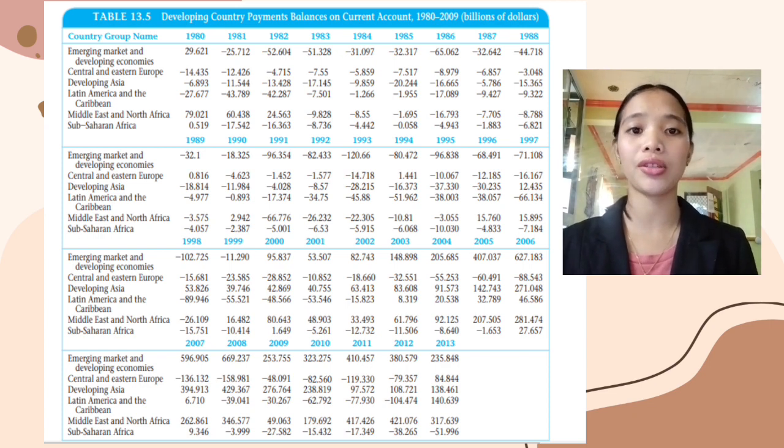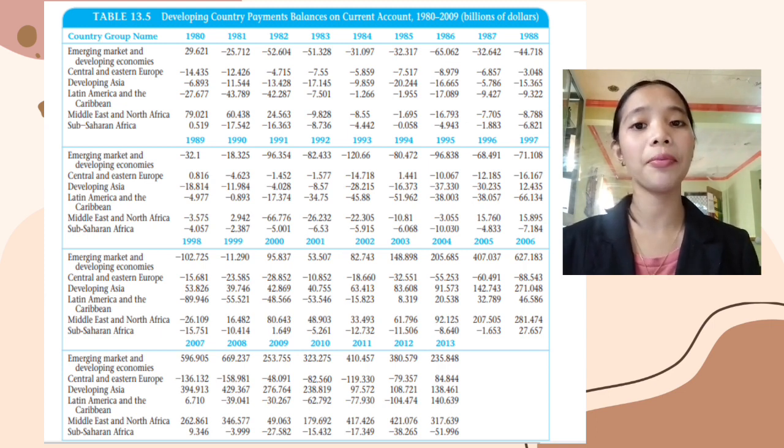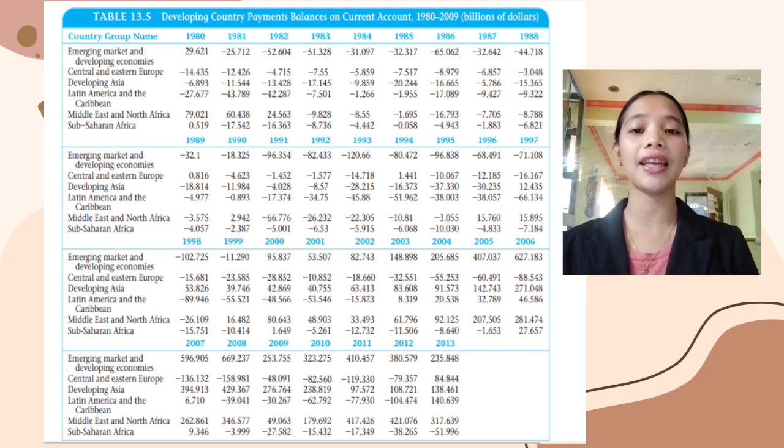This table is about the balances on current account of developing countries. As illustrated in this table, the balance abruptly turned negative until 2000. The reasons for the decline in the current balances in the 1980s and 1990s include a dramatic fall in commodity prices, including oil, global recessions in 1981 to 1982 and 1991 to 1993, which caused a general contraction in world trade, increasing protectionism in the developed world against exports from developing countries, and some severely overvalued exchange rates in several key developing